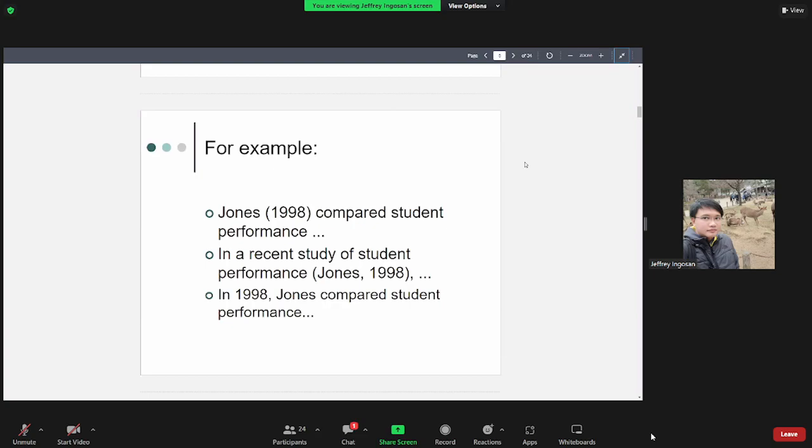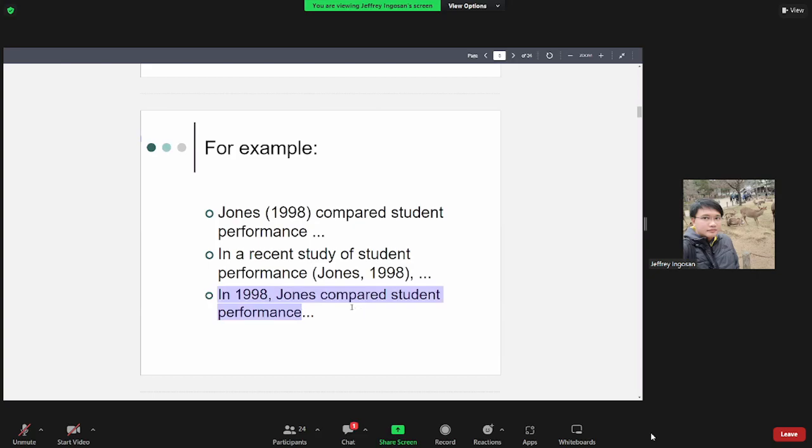So in the first bullet, you would see that the source is included as part of the discussion by citing the reference author and the year when the author published the reference. Similarly, in the third bullet, it's the same, citing the author and the date when the author published the source